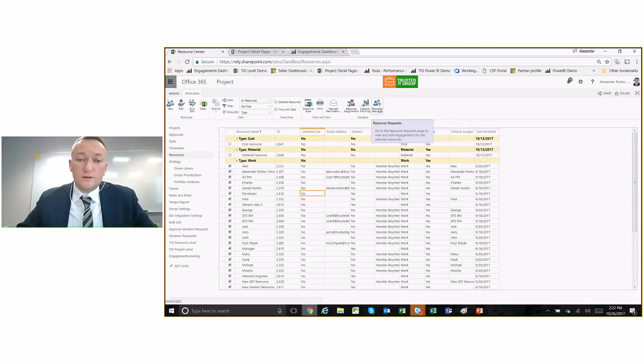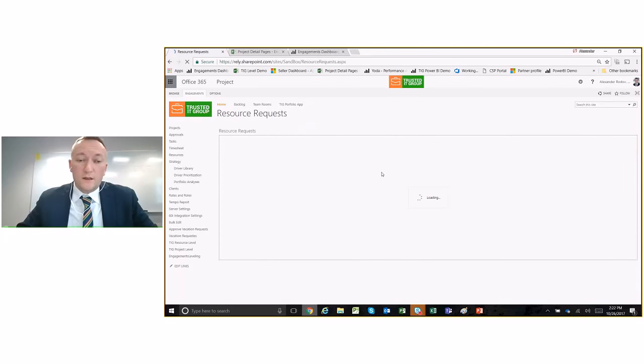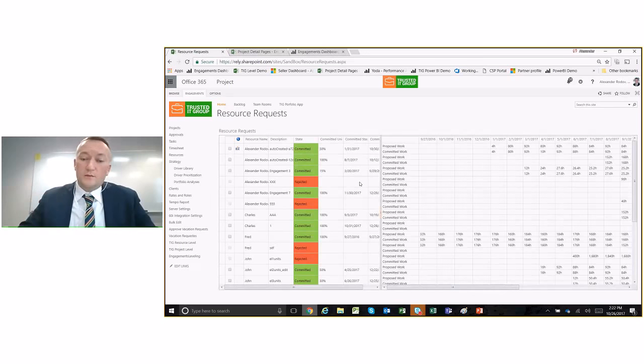You can click on the resource requests and see all the resource requests that have been put in by different people, by all the project managers that are requesting their resources. You can probably tell that this is a fairly cumbersome picture to look at,